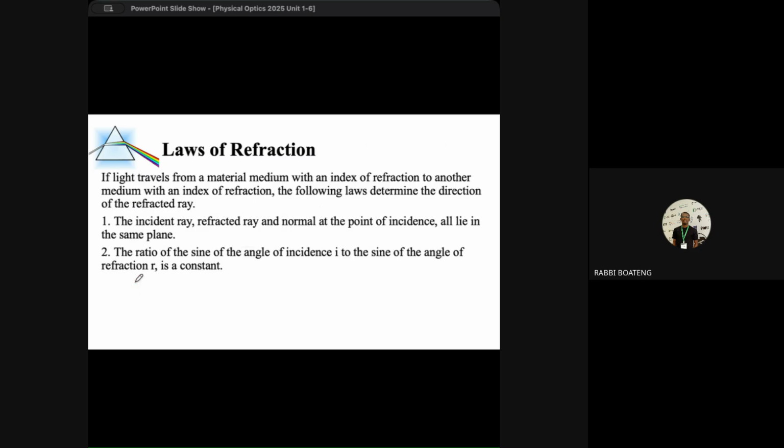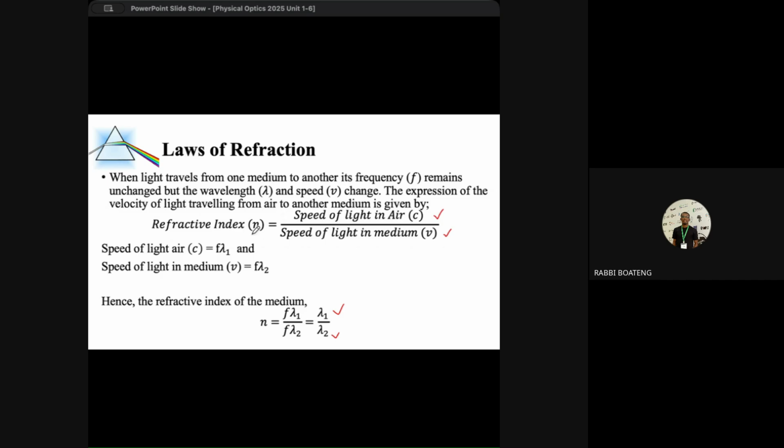Now, the refractive index that we have here can be related differently because from our previous equation, I told you that refractive index is what? N equals C over V. This equation, this one. So N equals C over V. Now, if I place this N equals C over V in here,